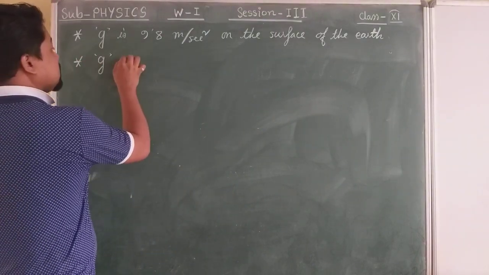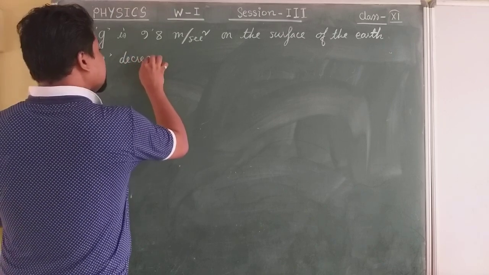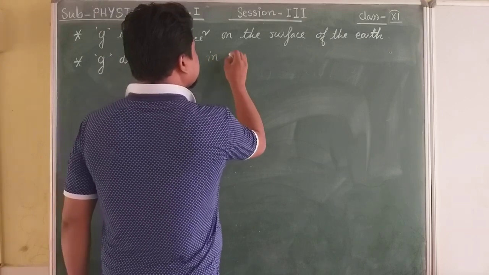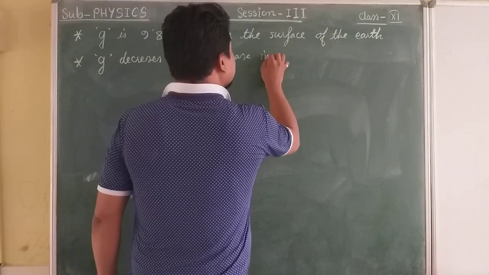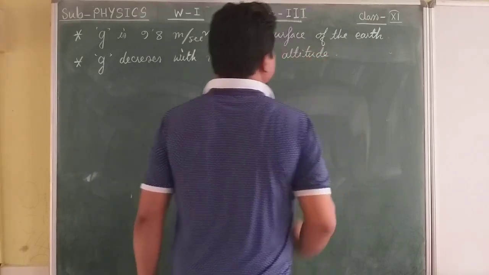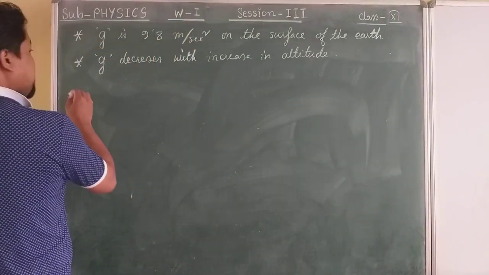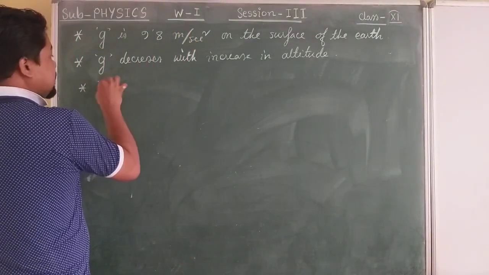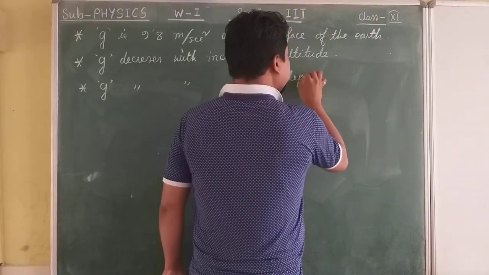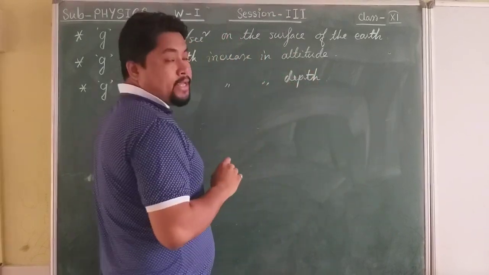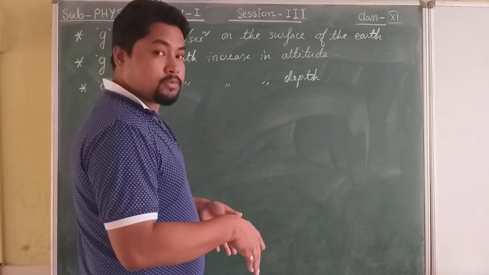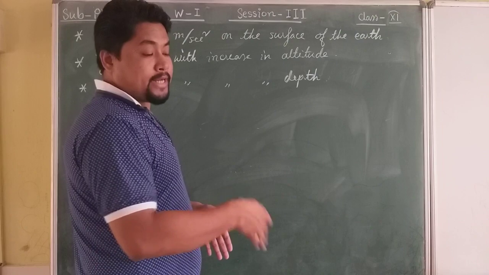Small g decreases with increase in height, altitude, with increasing altitude, that means height. g decreases with increasing depth. গভীরতা বাঢ়িলেও g কমিব। আমি যদি পৃথিৱীৰ সাৰফেসৰ পৰা তললৈ গৈ থাকো তেতিয়াও g কমিব আৰু সেন্টাৰত গৈ 0 হ'ব।